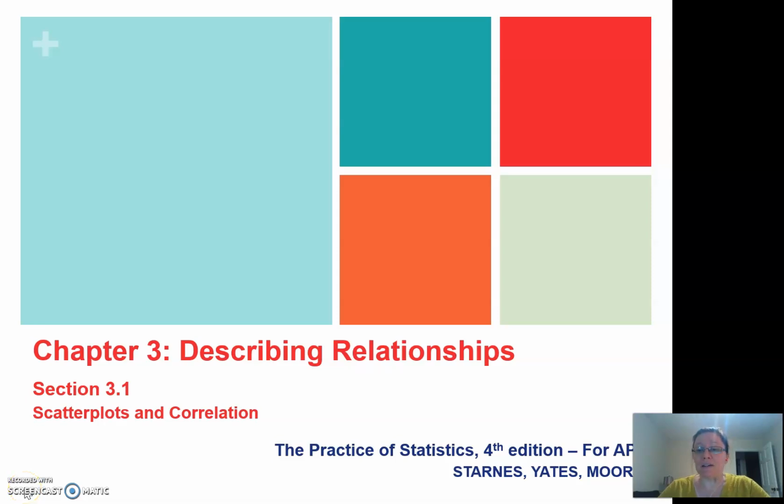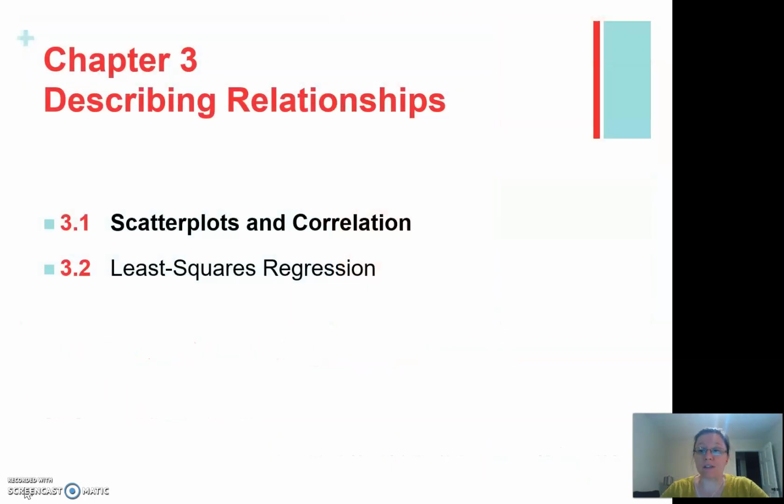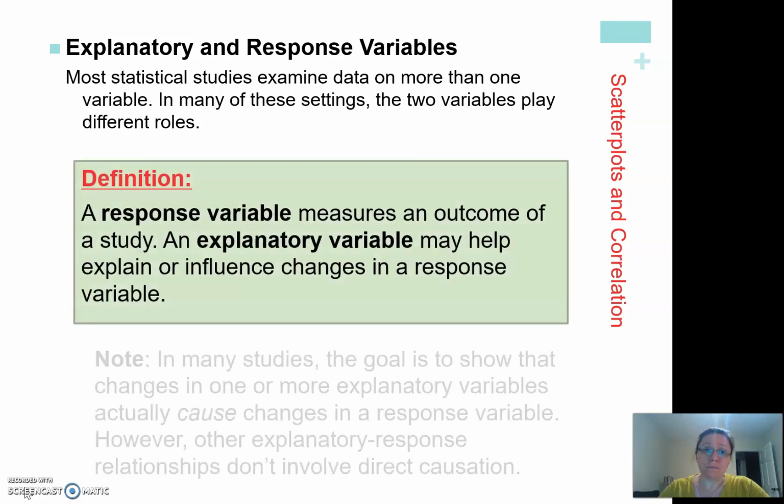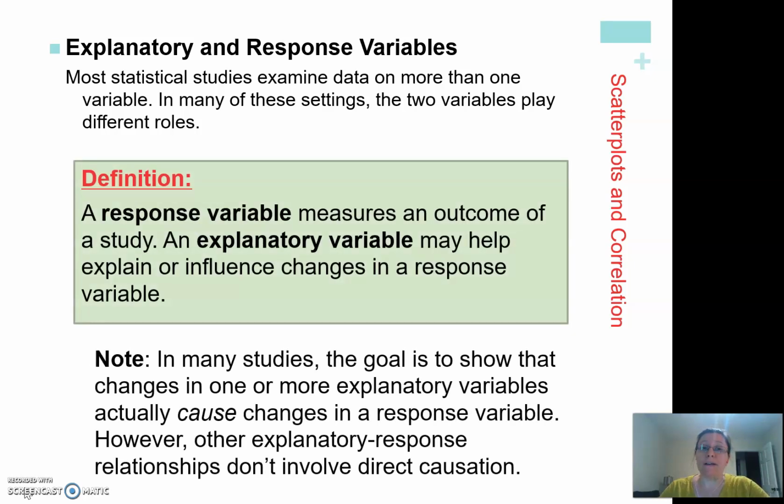Okay, we're going to start Unit 3 today, which is about describing relationships for bivariate data, or data on two variables. Today we're going to talk about scatterplots and correlation specifically, and next time we're going to talk about least squares regression. So, just really quickly, typically when you examine data in statistics, you collect more than one variable for